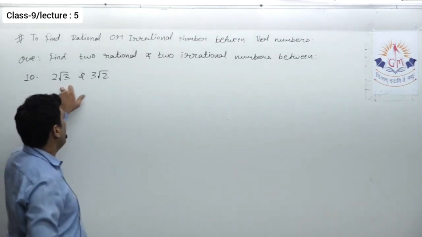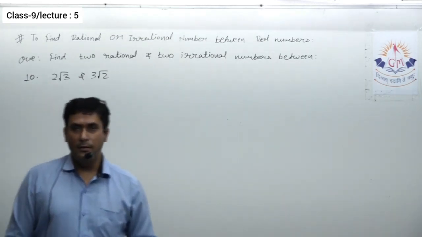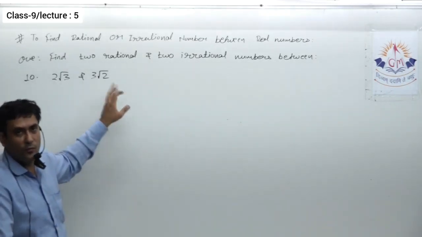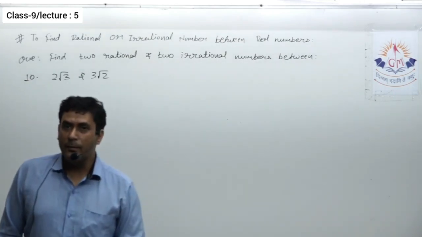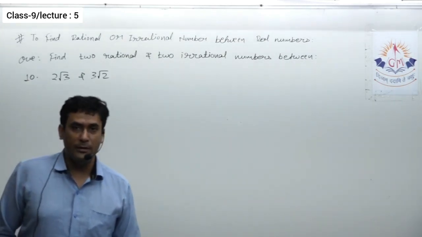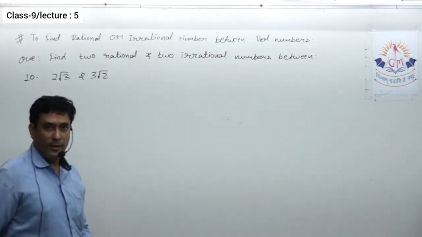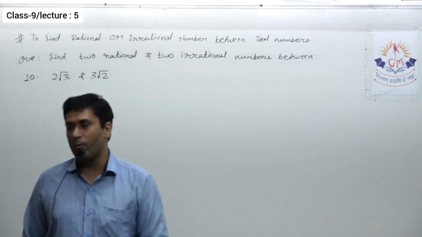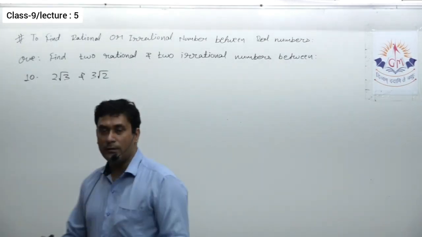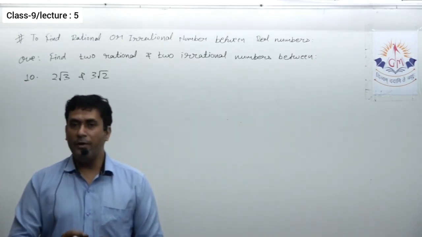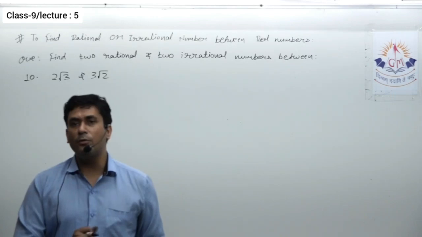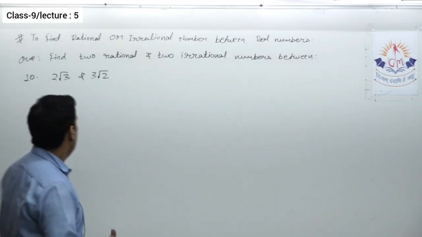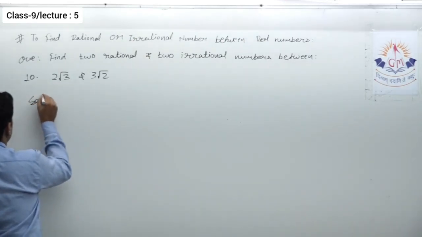Especially when we have numbers like root 2 and root 3, because those values are very easy to remember. Instead of root 3, suppose we have root 17 or root 11, then definitely it is a little bit complicated, because to convert them to decimals you must know the long division method to find the square root. But still I will prefer that method, because it won't take much time. When root 11 and root 13 are given in the question, we have to find the square root up to only 2 decimal places. It is not required to find the square roots up to 5 or 7 digits. So here definitely we'll go with the decimal method.